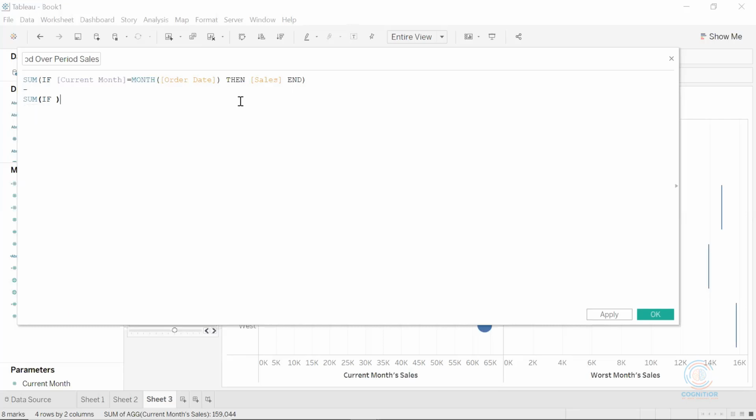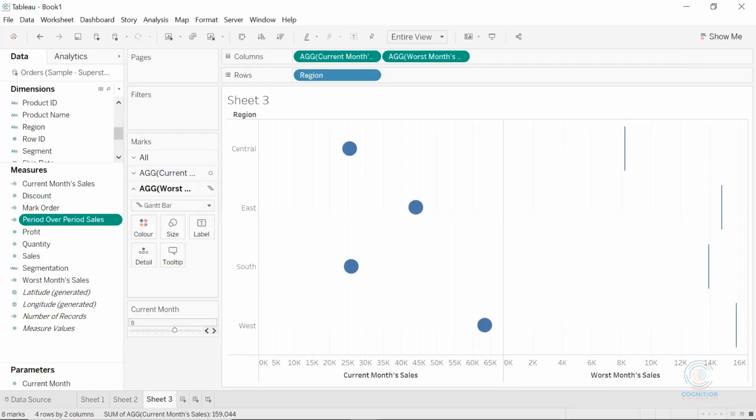Sum of if current month minus 1 is equal to month of order date, then sales. This is my previous month sales. So current month sales minus previous month sales is my period over period sales, and I will put this period over period sales